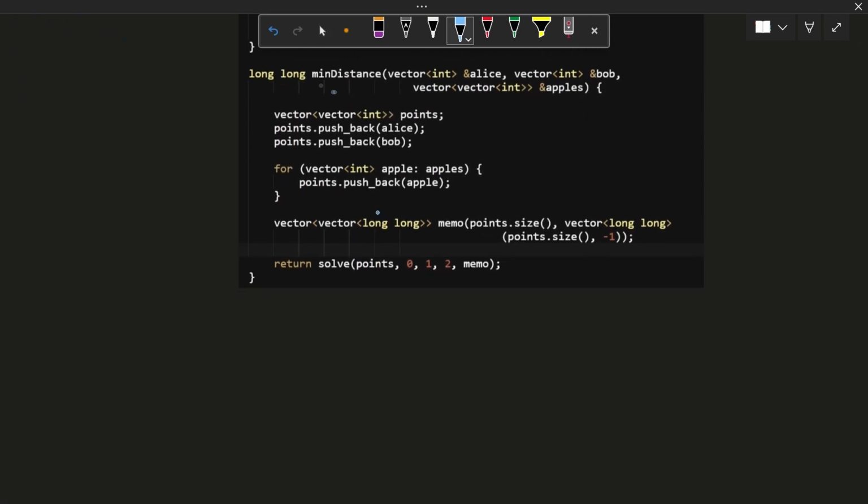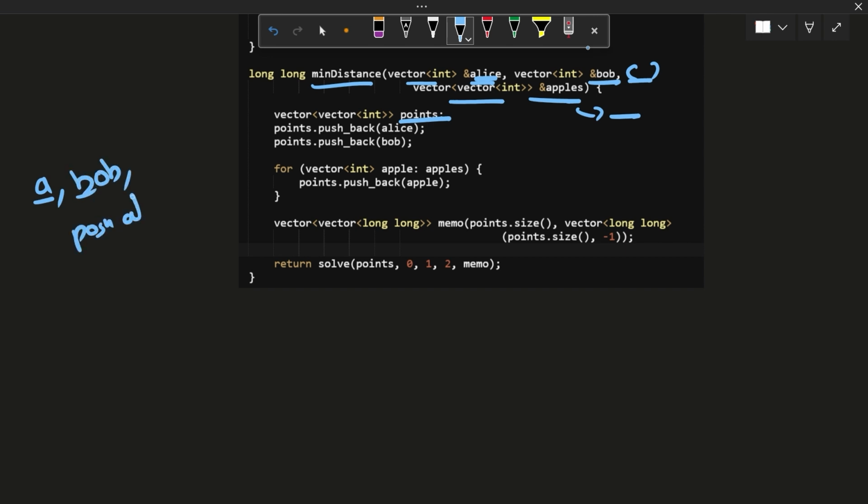So this is our main function which is provided to us in our IDE. In this we have been given an Alice array, a Bob array, and an array of apples. This contains coordinates of apples, and these are the initial coordinates of Bob, and these are the initial coordinates of Alice. Now we have created a new vector of vector points. In this we will be storing the position of Alice, position of Bob, and positions of all the apples. Now what we have done, we have pushed the initial position of Alice into our array and the initial position of